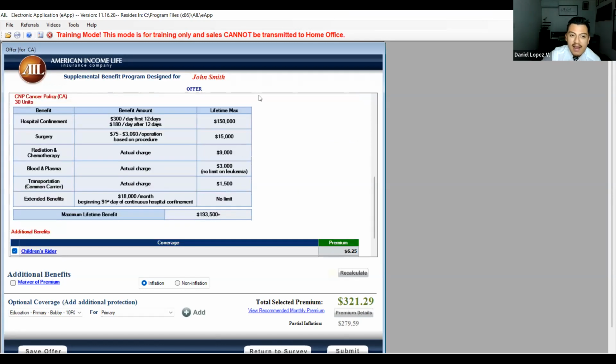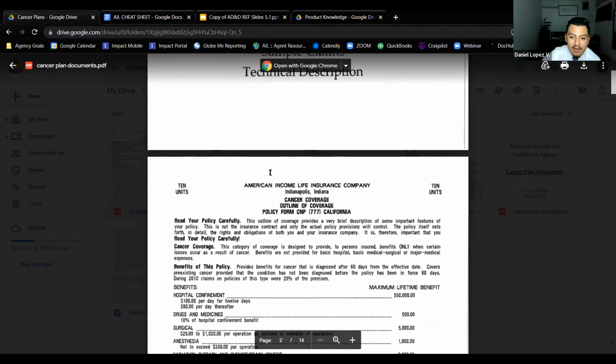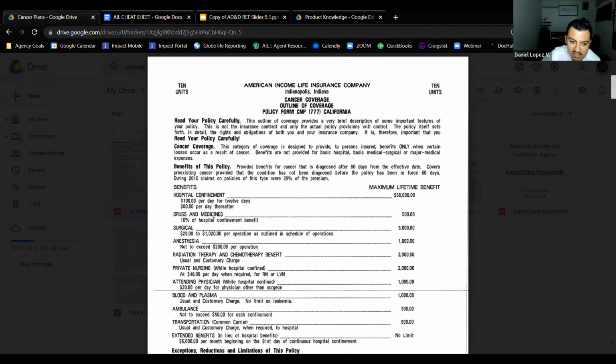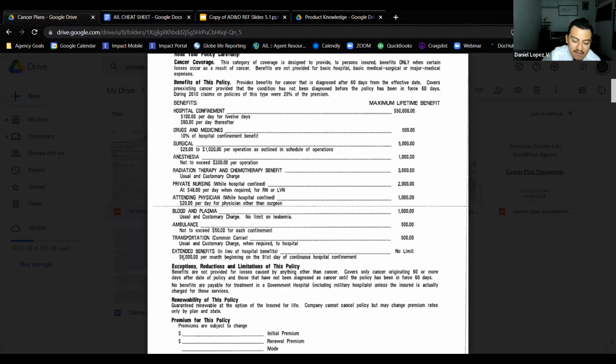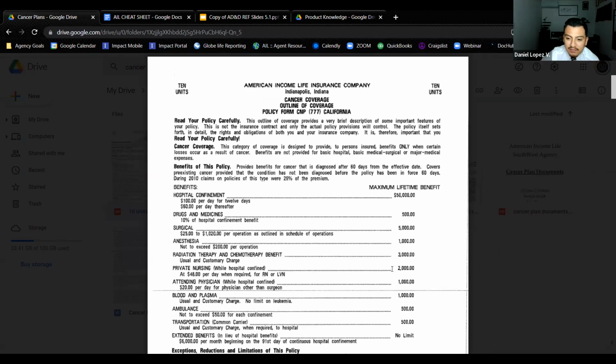Every time we sell a cancer plan, we screen share all of this. Like, oh, look, this is the way it works. It covers this amount per procedure, this amount per this procedure. If there's an extended benefit, it's this amount per month until either you, God forbid, pass away to cancer or you survive cancer. You just share this with them. There's no other way. And they get it too.